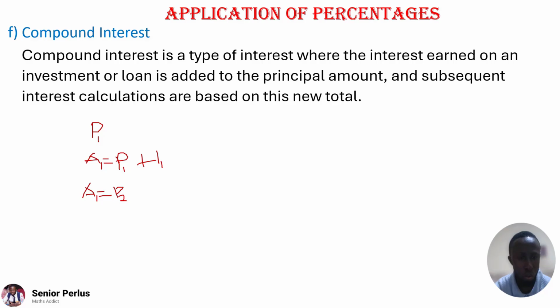Then we do the calculation of interest on the principal again. Then we will get another amount 2, which is the principal 2 plus the interest that we get on it. Then it goes on and on. That's why I'm saying that it's a type of interest where the interest earned on the investment is added towards the principal. Good. So the next year or the next month, if it's a monthly installment,